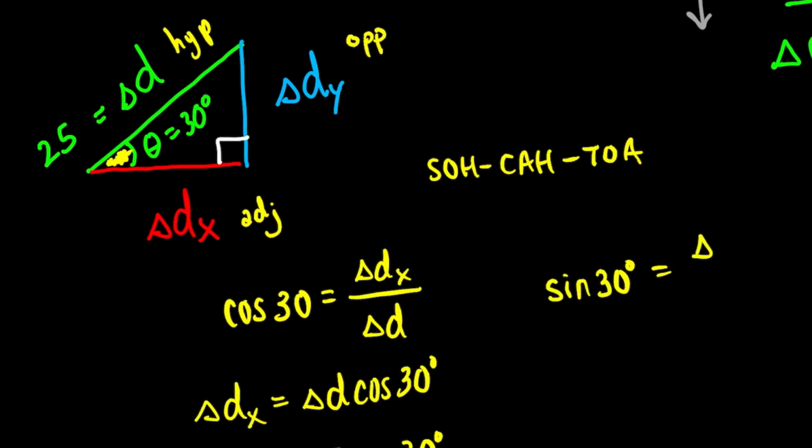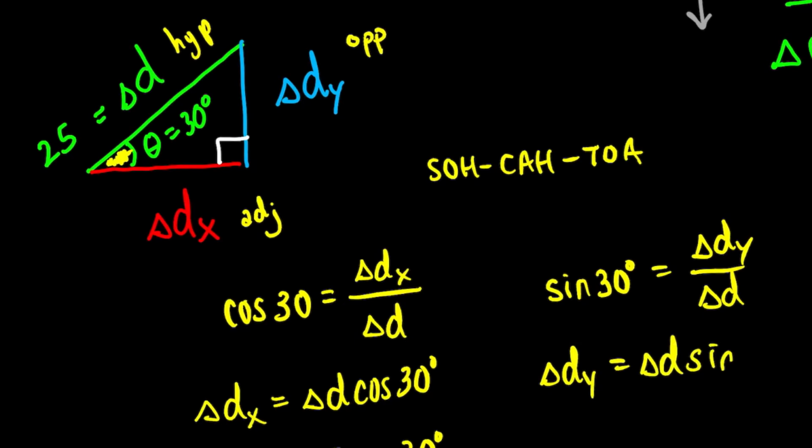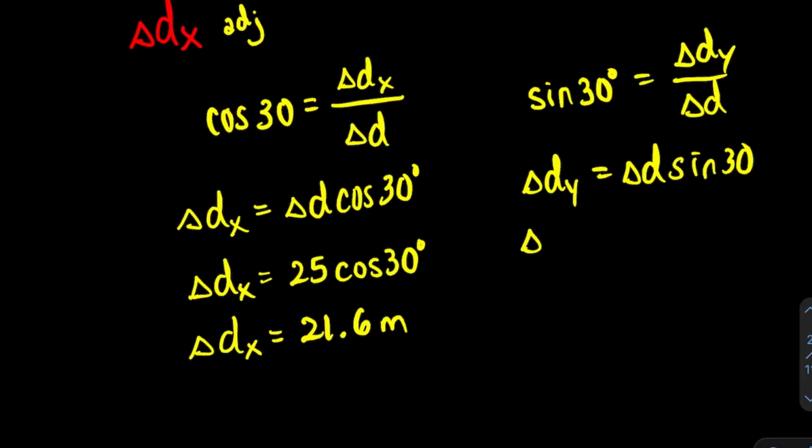Sine of 30 degrees, which will be delta dy over delta d. Isolating for delta dy, we multiply both sides by delta d, which gives us 25 times sine of 30 degrees, approximately equal to